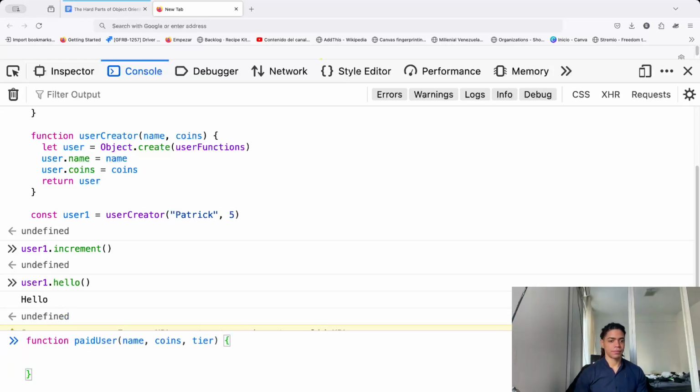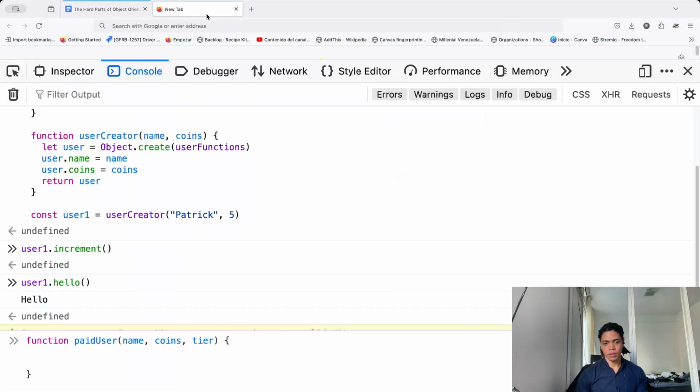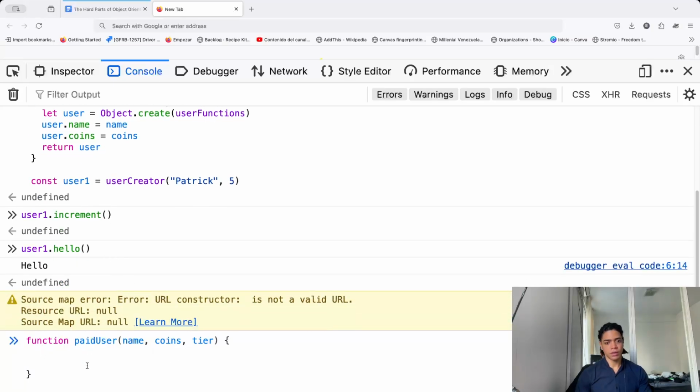Okay, so here is this. Because of this, all right, now here we're going to create this new user, create pay new user,